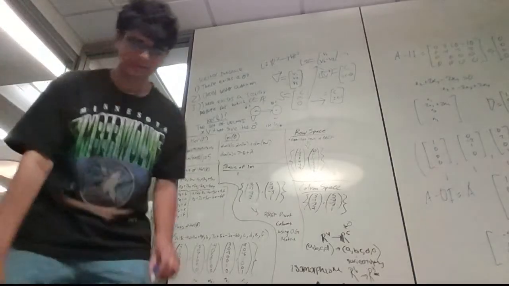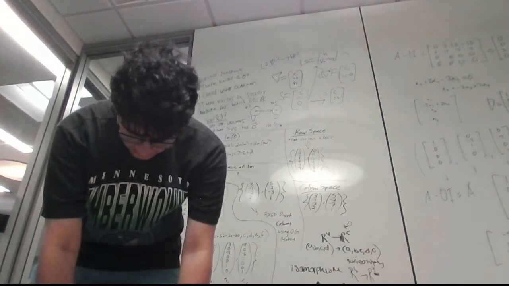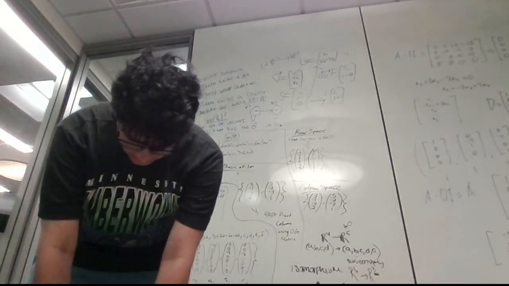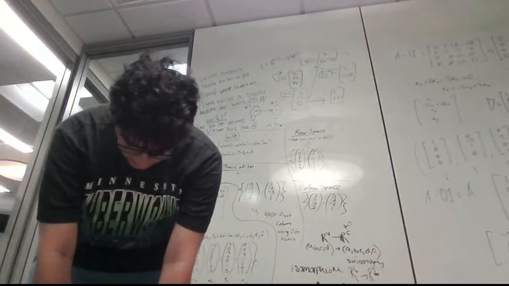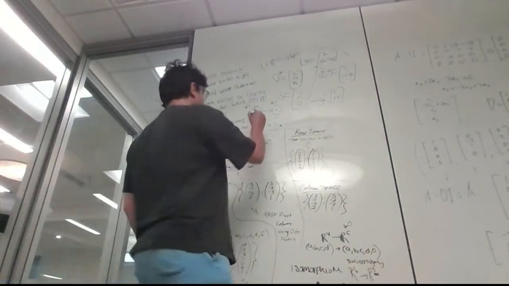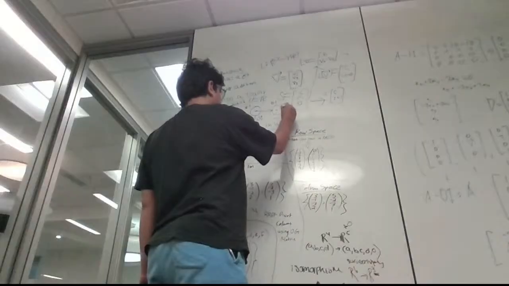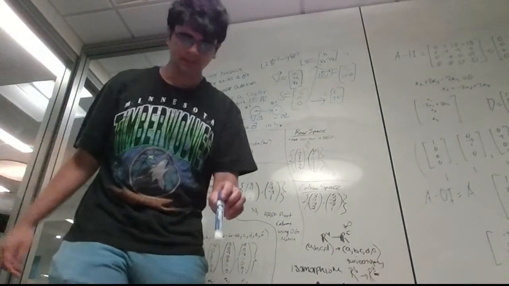Yeah, so that's somewhat what I'm getting at. Gives the 0 vector. So the 0 vector in V is projected as 0 vector in W. Right. So therefore,